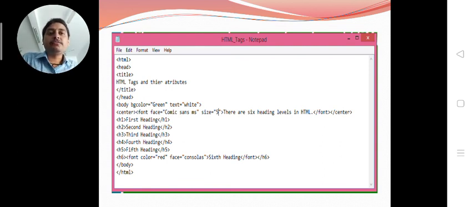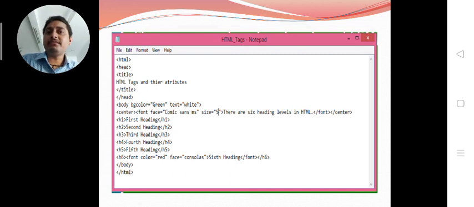It means if we do not define any color in any tags, meaning we do not change the color of any tag by their attributes, then the default color for all the text appearing inside the body will be white, and the background color of the complete page, whatever the length of the page, will be green.